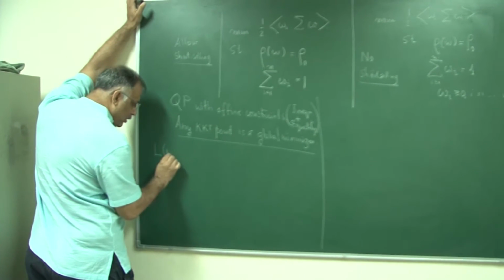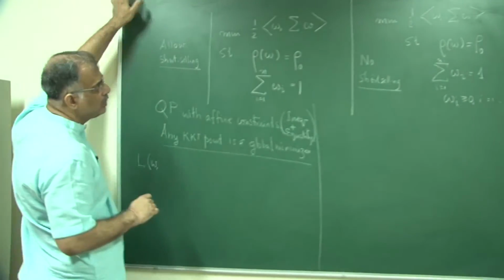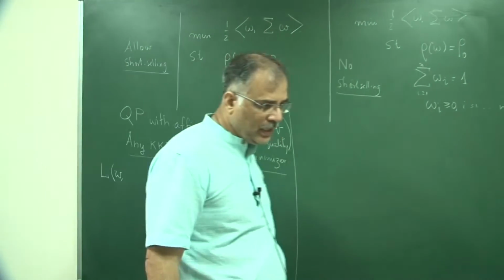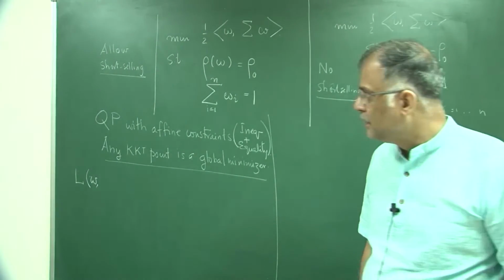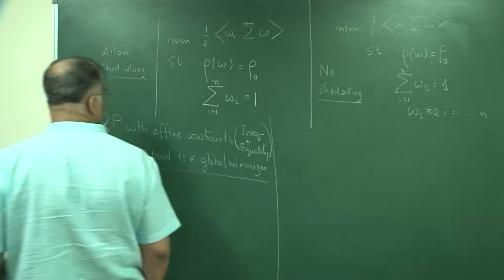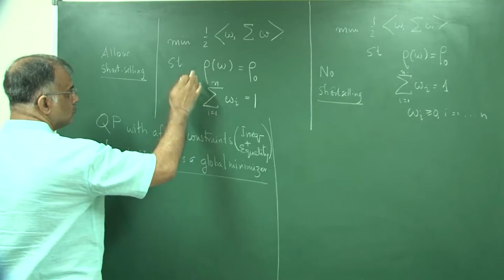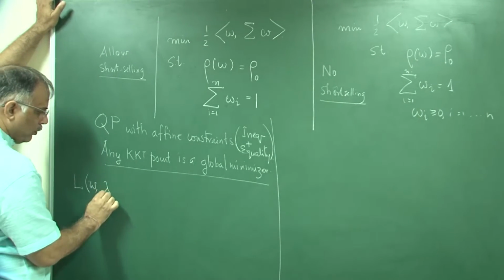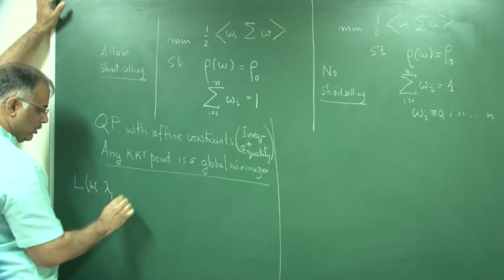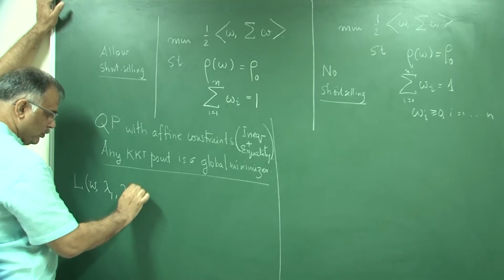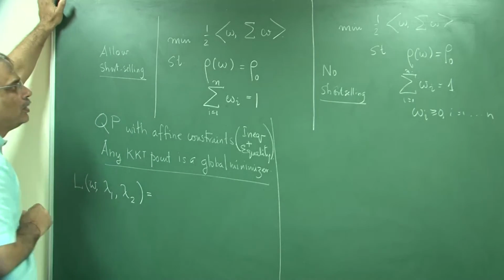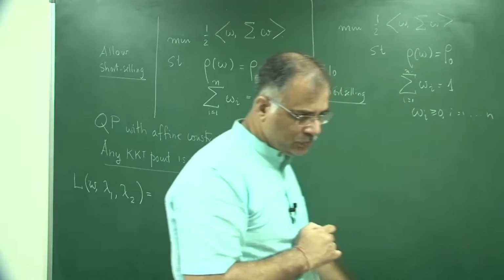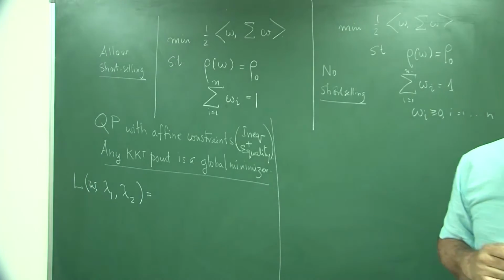So here I would have one constraint with this and another constraint with the other one, so I will have lambda 1 with this one and lambda 2 with the other one, and then I will write down the things in the following way,